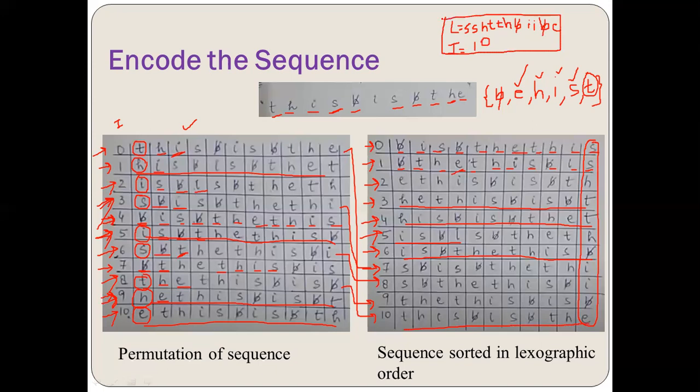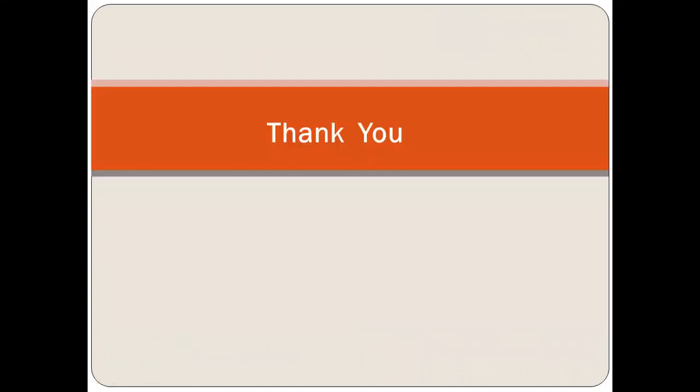Now you can see this is very simple and this is a reversible form of the sequence which is going to be compressed in a better and more efficient manner when we have a number of identical characters which are recurring, right? So this is how we do the BWT encoding. So I hope you have understood this. Thank you very much.